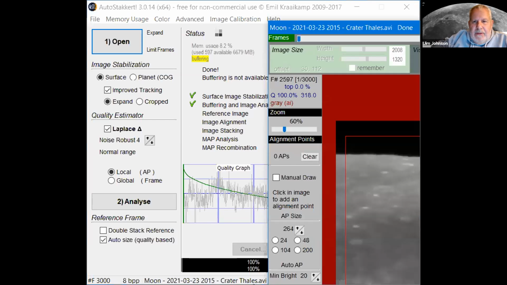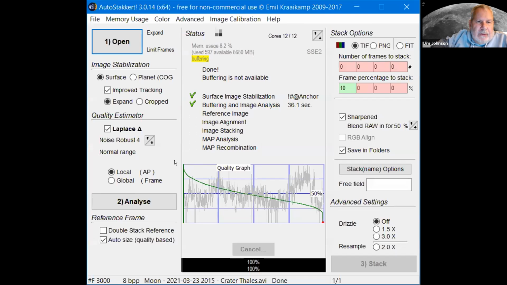This image that you see over here is what AutoStacker picked out as the best frame, or frame number 1. So coming back over here, the rank-ordered frames by quality is this line here. It starts out at 100%, which is your best one, and 0%, where it falls off there, is your worst one. And I'm going to select about, as I said, about 10%. So basically, I'm just getting these frames right up here.